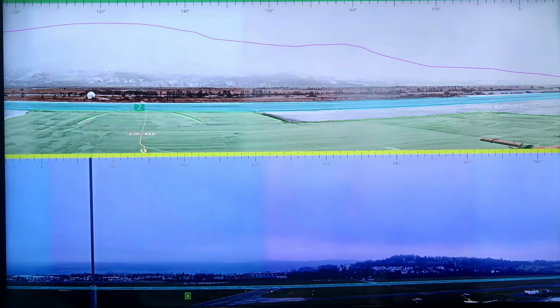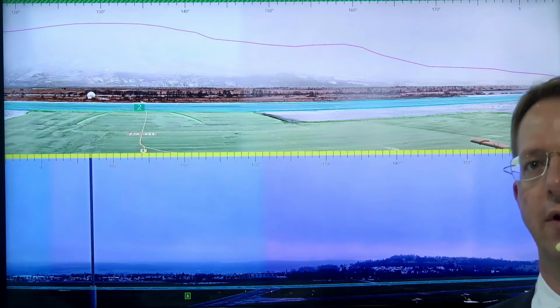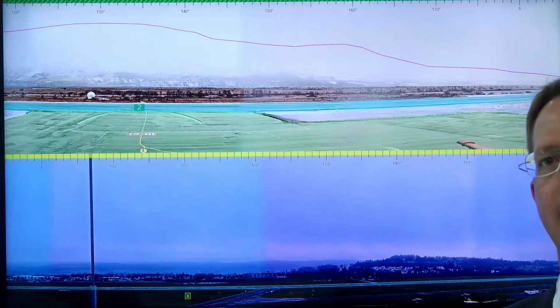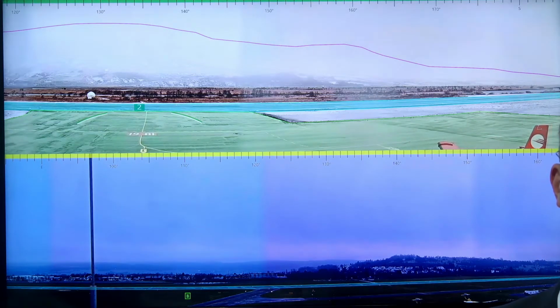So we just have to wait. So as you can remember, the network between the center and the airport is quite crucial. So if the network fails, then basically also the tower can be closed.